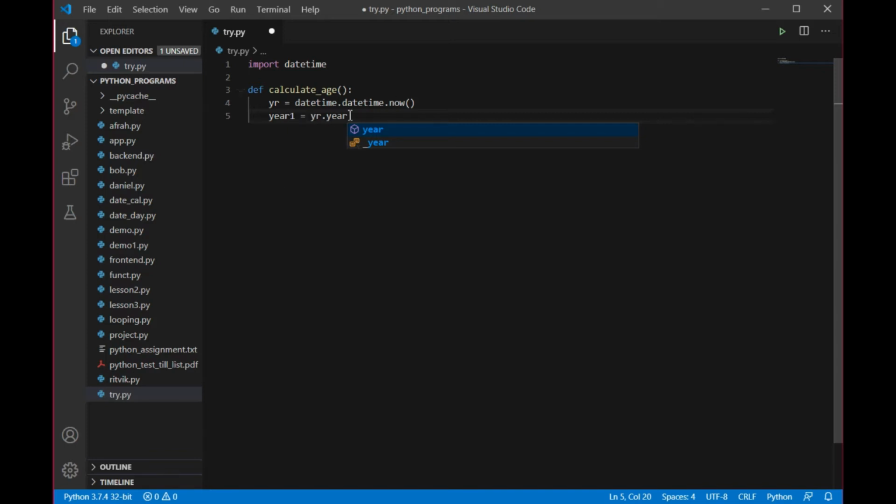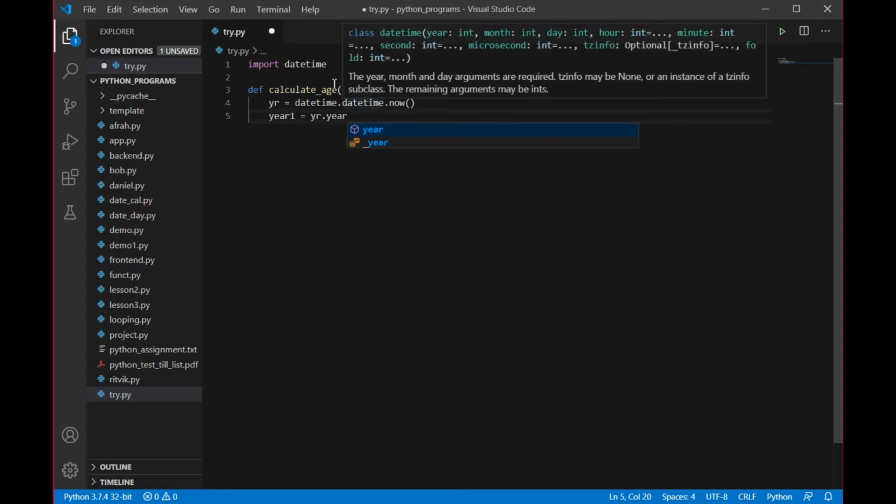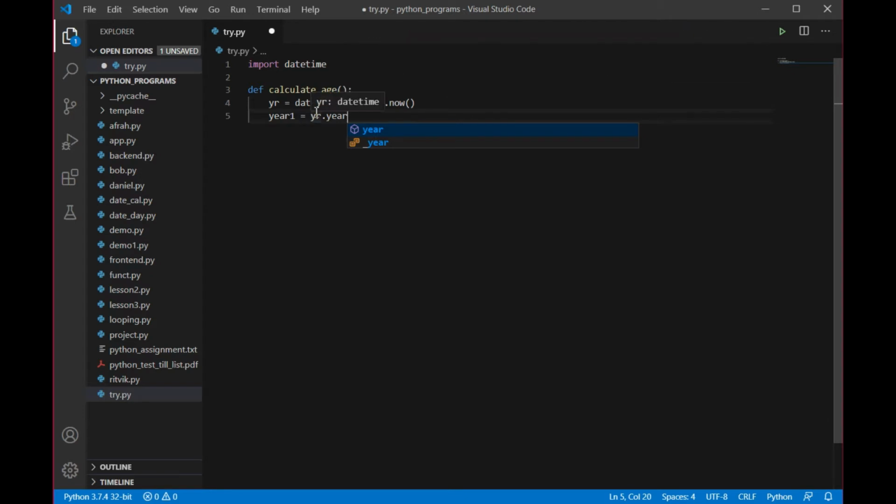From whatever is returned by datetime.datetime.now, see, now is a function, datetime is a module, and datetime is a library. From the datetime library, I am extracting the datetime module, and from that module, I am extracting only the now function. It is going to give me date plus time. In date, it is going to give me day, month, year, everything according to my system settings.